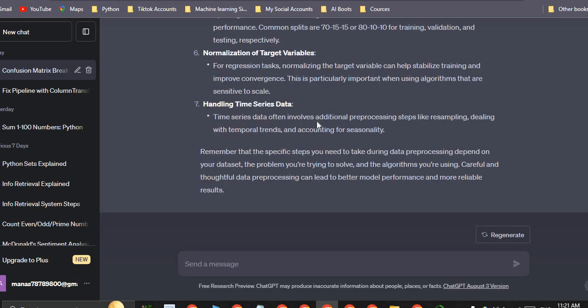Time series data often involves additional preprocessing steps like resampling, dealing with temporal trends, and accounting for seasonality. Remember that the specific steps you need to take during data processing depend upon your dataset, the problem you are trying to solve, and the algorithm you are using. Careful and thoughtful data preprocessing can lead to better model performance and more reliable results.